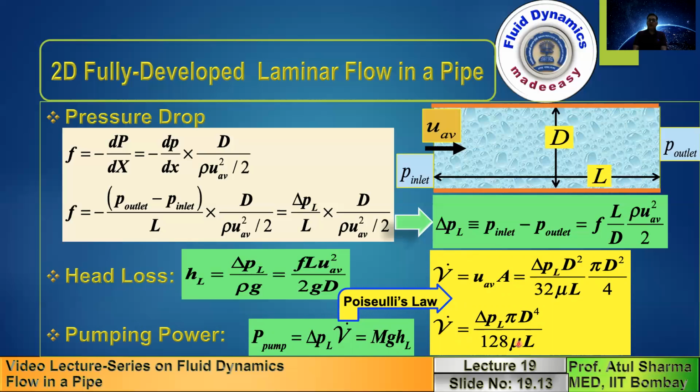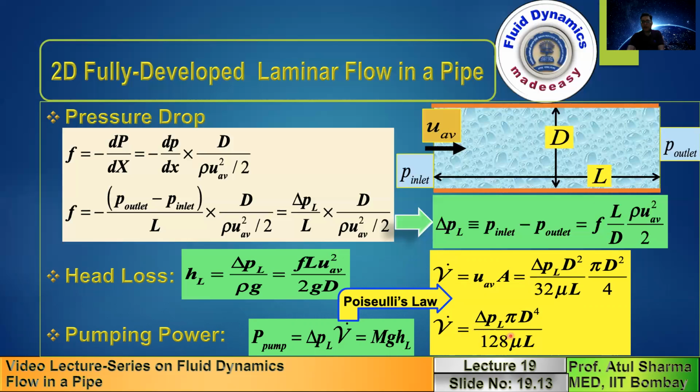Now, this expression is special in a sense that, from this expression you can conclude that if you want to deliver a fluid at a certain fixed rate, let us suppose there is an oil field and you want to deliver the oil from one place to another at a constant rate, then the question is